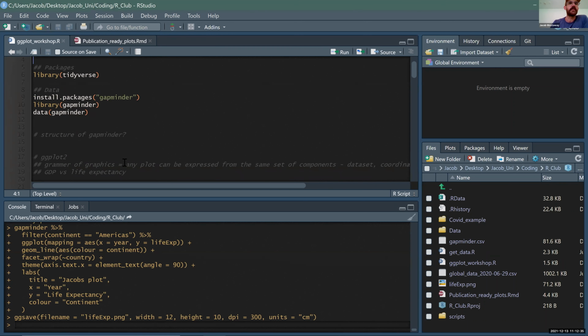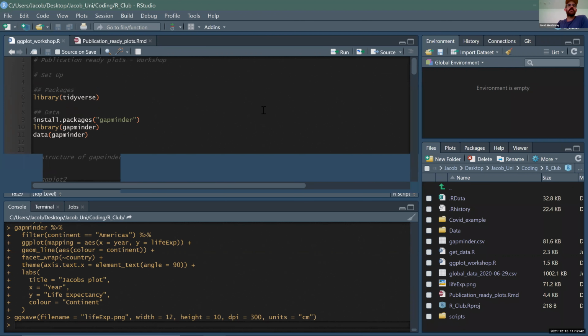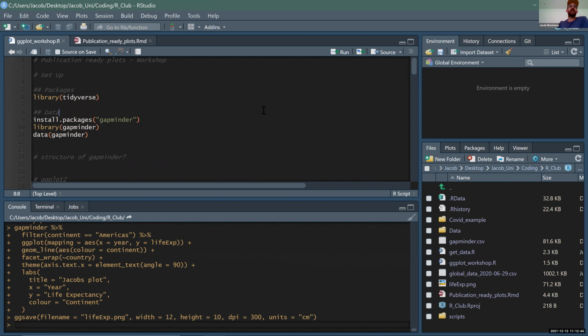Makes so much sense because of grammar of graphics. Now that makes sense. Okay, so this is meant to be a two-part sort of thing, but I've kind of